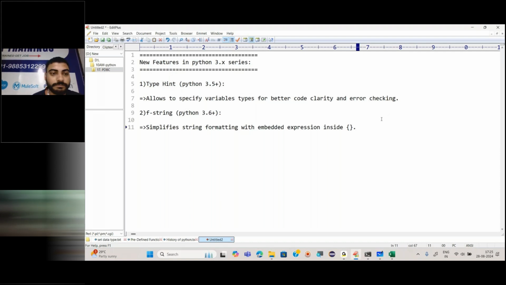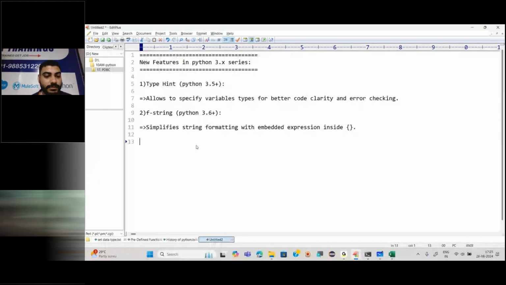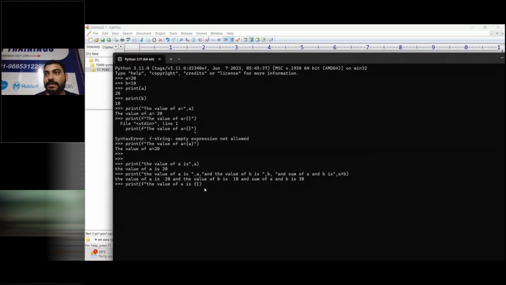Okay, fine. So where were we? Block, right? Block I was talking about. First we'll complete this, then I will tell you what is block. Now check, the value of a is, I would say a here. A value is 20. Now 20 is being stored inside of these curly braces. Check it now.